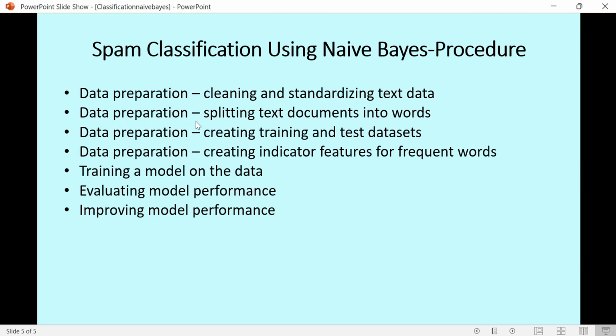Second, data preparation for splitting text documents into words. This is something every text project has to do, right? And data preparation also includes creating training and test data sets. We only train the model using training data, and test the model for prediction to see its performance. And sometimes we have to select